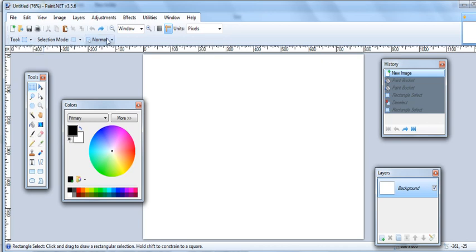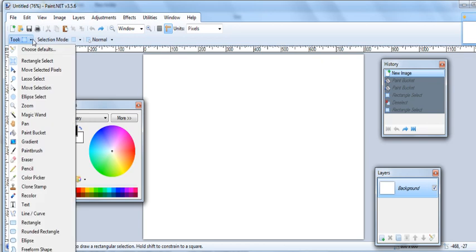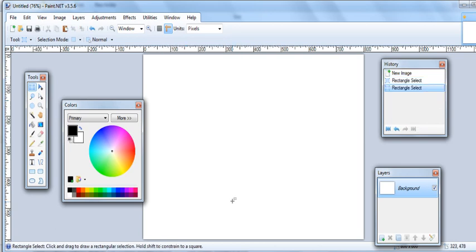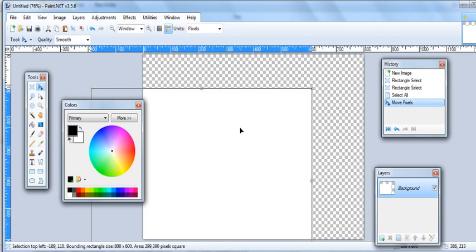you'll see these drop-down menus at the top. And if you click on that, you can see the list of tools, but you can also see like selection mode and this and that. So you have other abilities within that selection mode. So selection mode just means that, you know, you select something, kind of like what I did earlier. And then this here is just like a mouse cursor